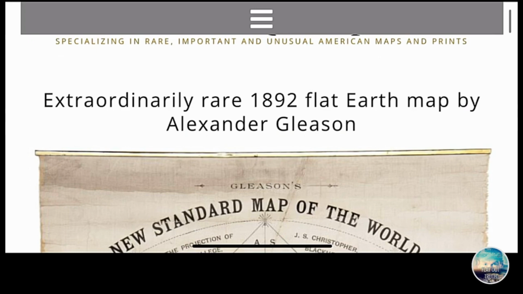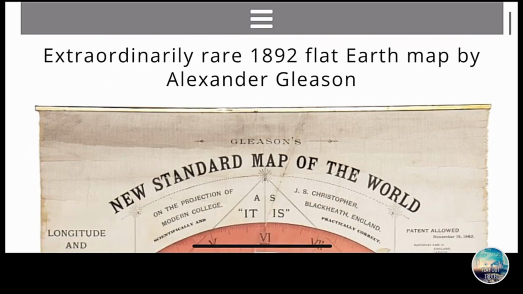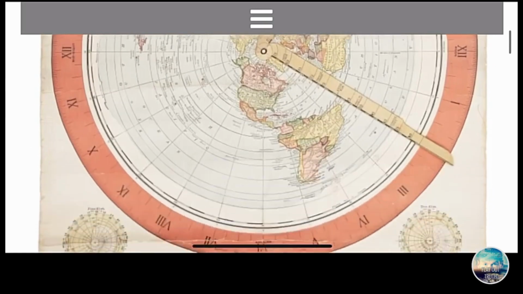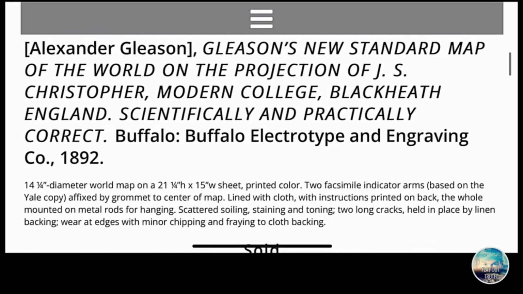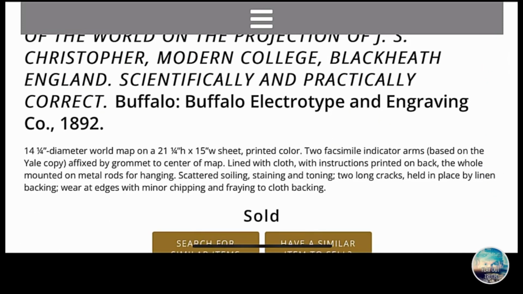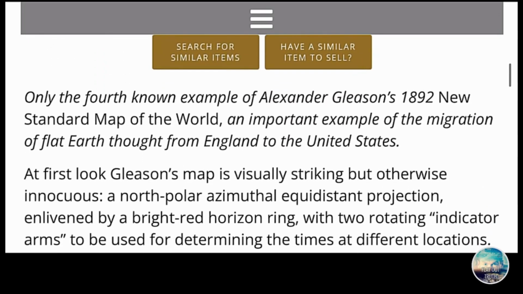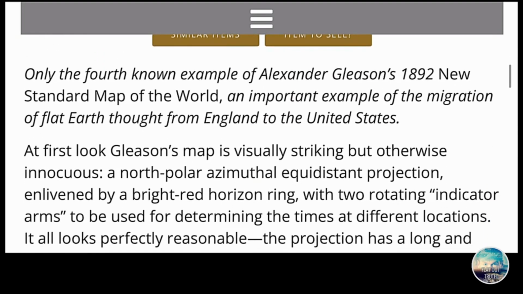Okay, Extraordinary Rare 1892 Flat Earth Map by Alexander Gleason. Now, let's stroll down here and see what we got going on. Now, this is just a description of the map, which is on the map. We want to know the details behind the map, the story behind the map. So, like I was saying, as we stroll past the description of the map, what we want to do is go down here.